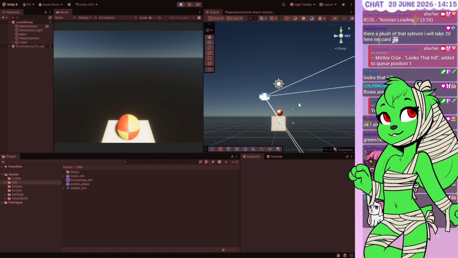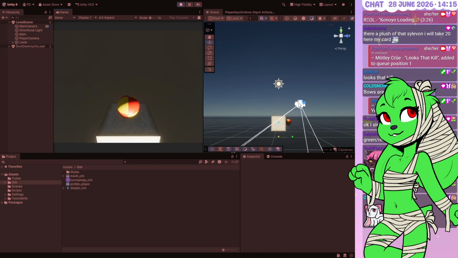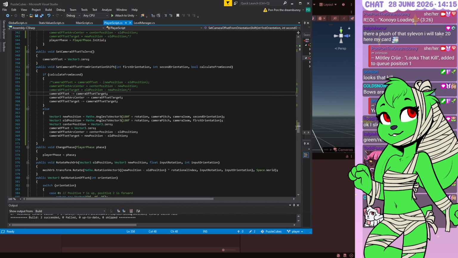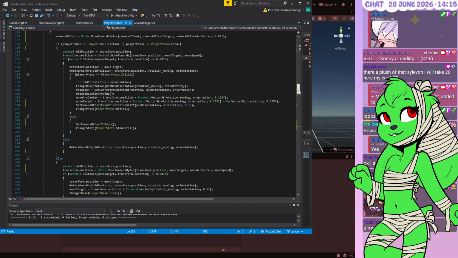So also, if I make it move slightly slower, I mean, when the gameplay is running, it's going to be